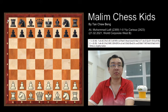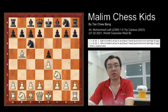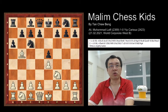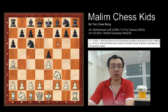The game starts with the pawn to e4, e5, knight f3, knight c6, bishop to b5, and here you have the Ruy Lopez opening. And here the black continues with a6 and the bishop goes to a4. Then the white goes for a short castling,